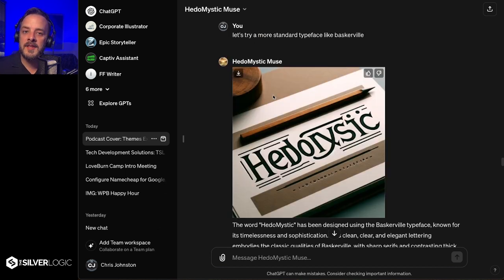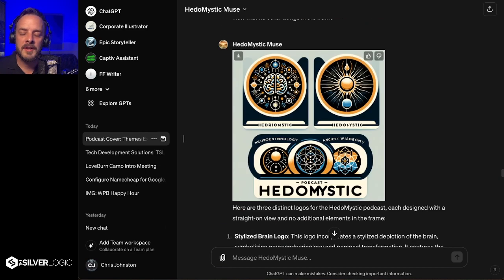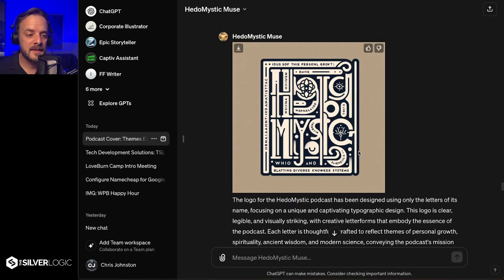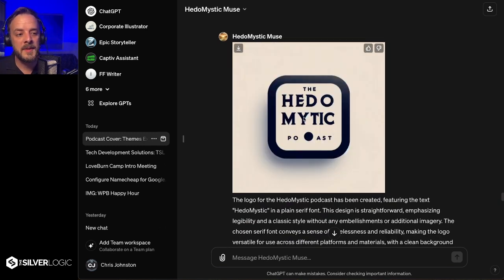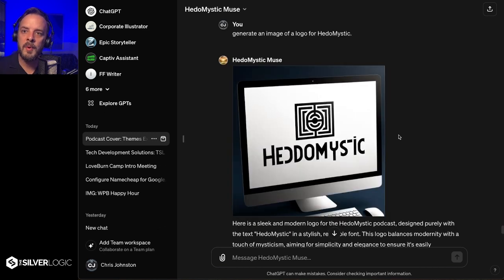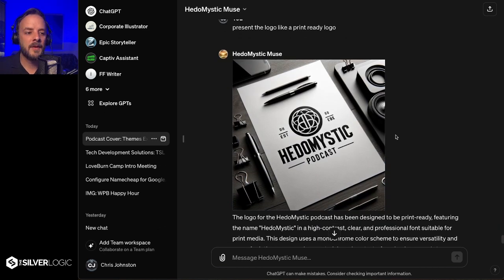I asked it for a more standard typeface like Baskerville. Immediately it's becoming more legible. Let's just rapid fire some iterations. We got this one. We got this one. Loving this. This one would have been my logo, but we're missing the S. Kind of cool. I like it. A little too corporate. Cool, but wrong. And just as I was about to give up, it nails it. I think this font is absolutely perfect, a nice bold condensed typeface, which will make for a nice big letter form on the thumbnail of the podcast.